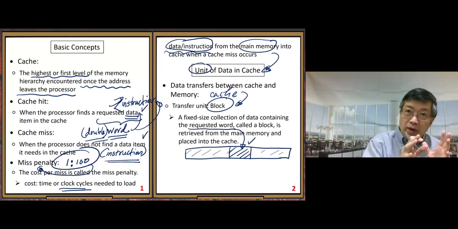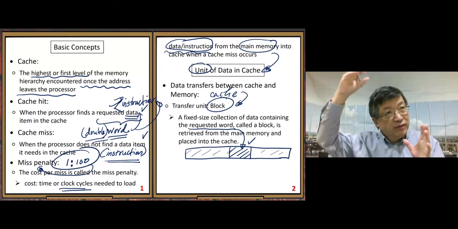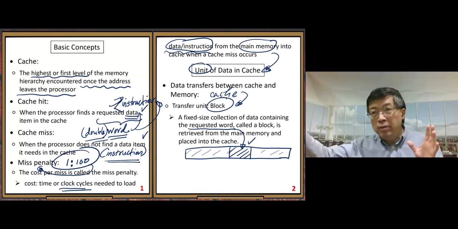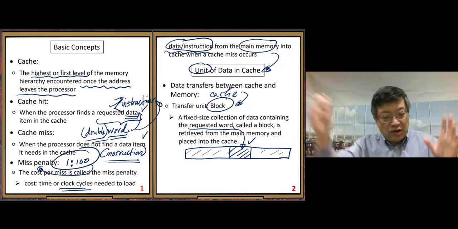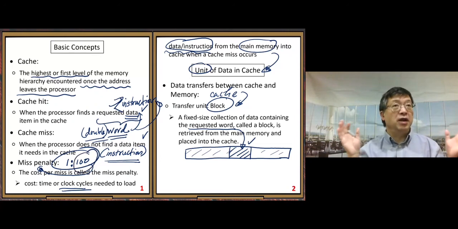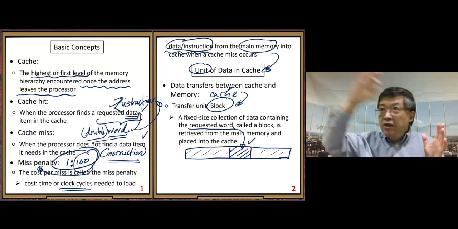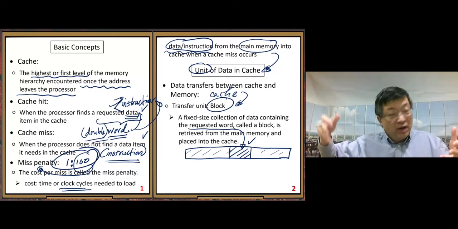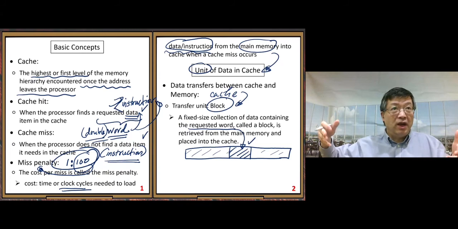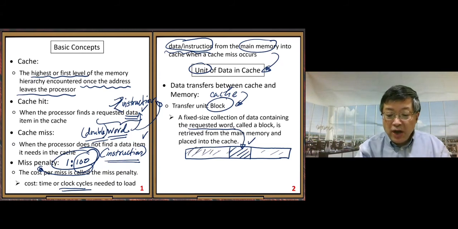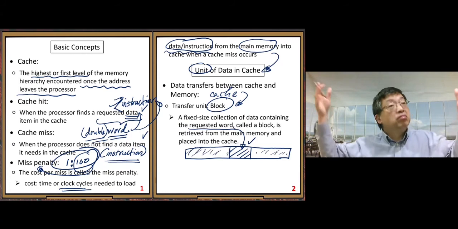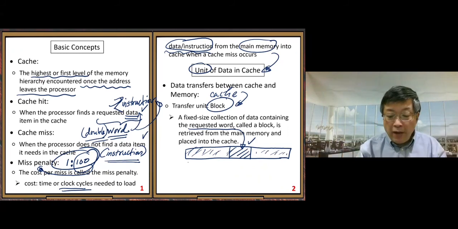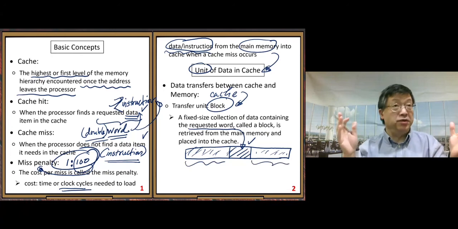One trip from cache to main memory and back to cache is very expensive, 100 clock cycles. In that expensive trip, carrying just one word is not efficient. We can carry a certain number of words together,